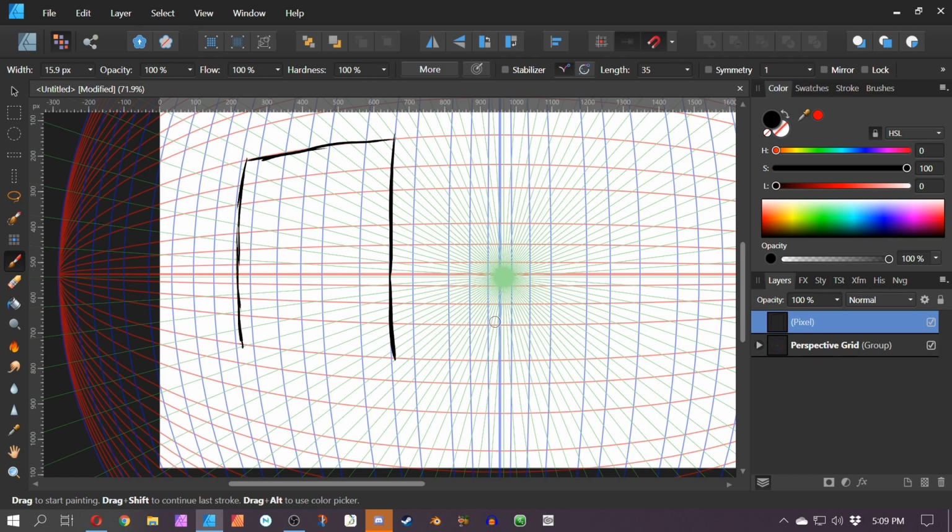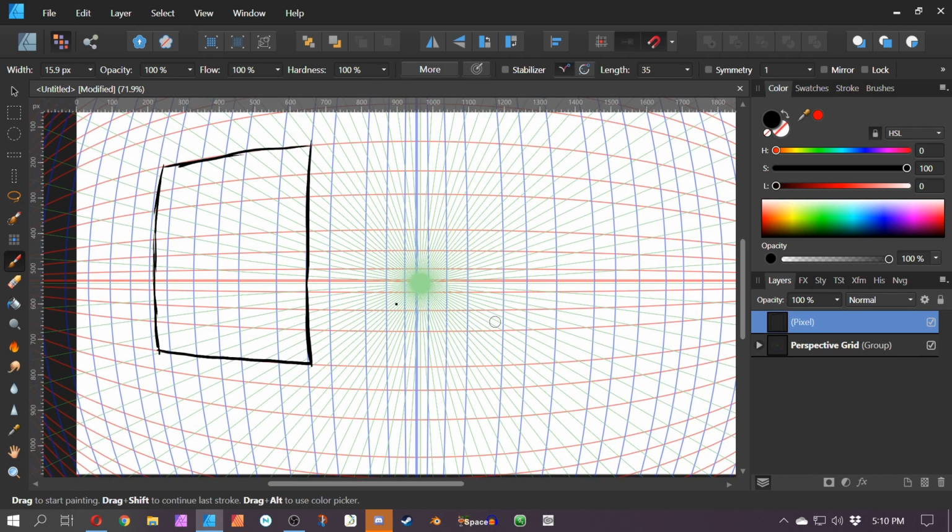And then I'm going to use the east and west vanishing points there. Then I'm going to use the north vanishing point on all four corners specifically. Okay, and then I go ahead and use the zenith and nadir vanishing points in order to draw out the back face,